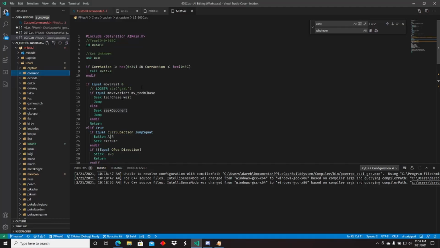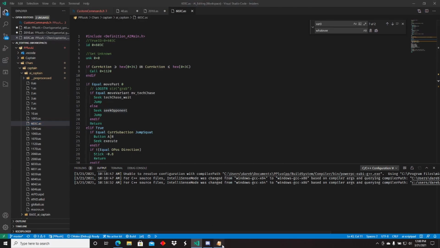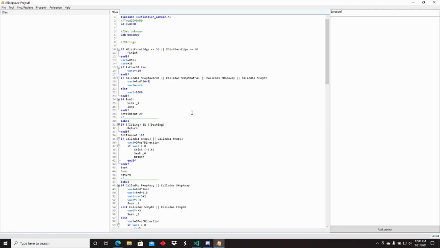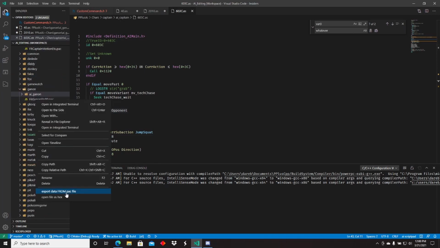So today we have text editors like Visual Studio Code, which allow you to make custom extensions. The beautiful thing about AI ScriptPad is that this is just the front end, what the user sees. It also came with the back end that actually compiles things in the form of a C# program. I used that to create a command line tool that allows me to interface with it through Node.js and a Visual Studio Code extension, to do stuff like this and export data from the pack